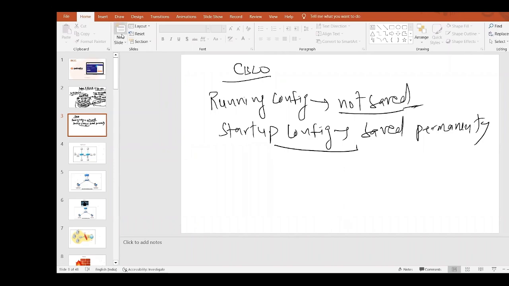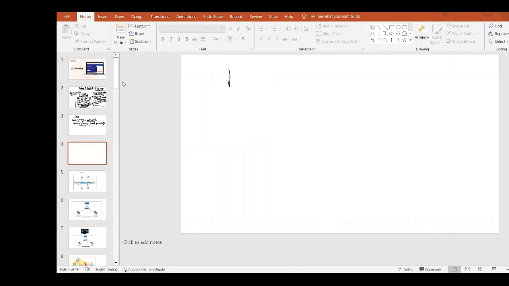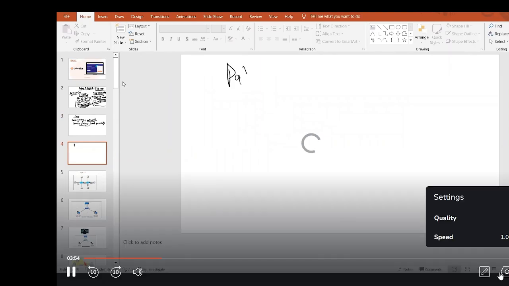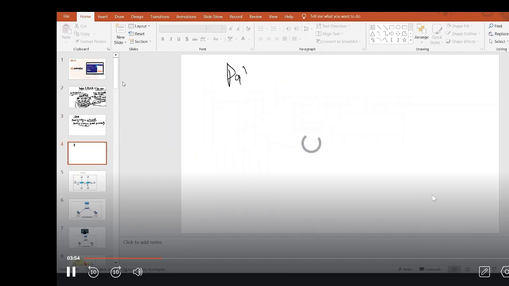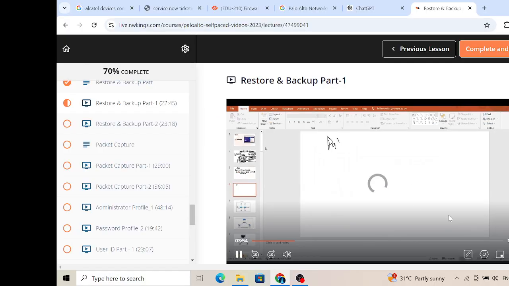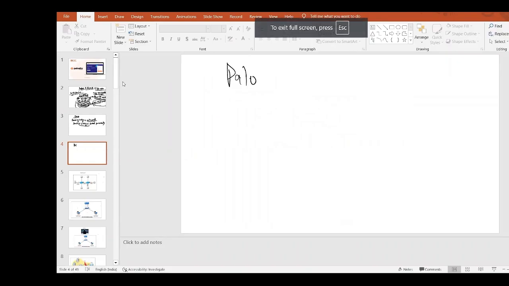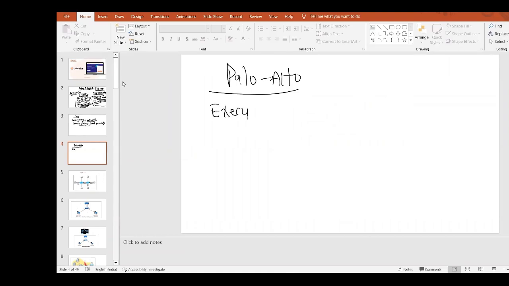Okay, now come to the Palo Alto. What is it in the Palo Alto, guys? I just want to make a difference on that. That's why I'm explaining it. It is required in Palo Alto, guys. Whatever command I execute, like any configuration, if I enter into the Palo Alto firewall or edit anything,